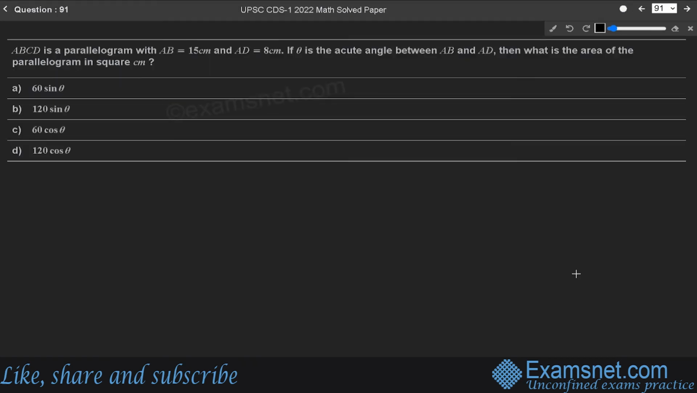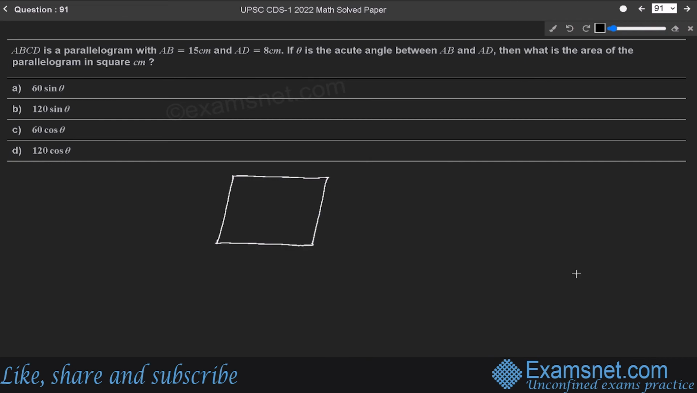Next question is: ABCD is a parallelogram with AB equal to 15 centimeter and AD equal to 8 centimeter. If theta is the acute angle between AB and AD, then what is the area of the parallelogram in square centimeter? The question says that ABCD is a parallelogram. So first let us make the required diagram